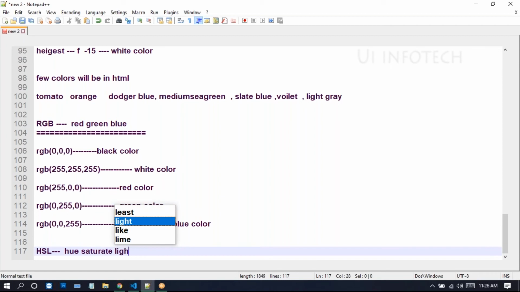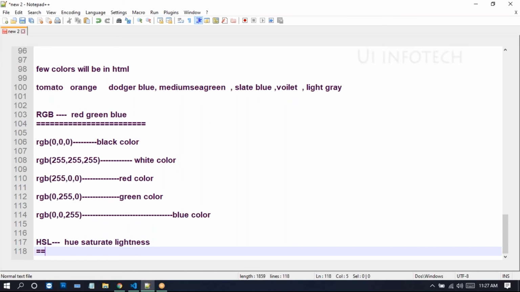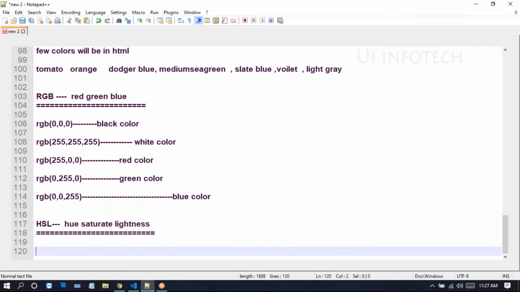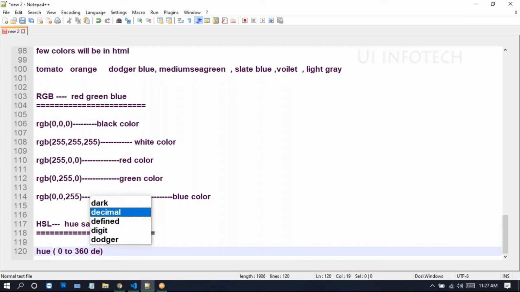Next, you can go for HSL. HSL stands for hue, saturation, lightness.